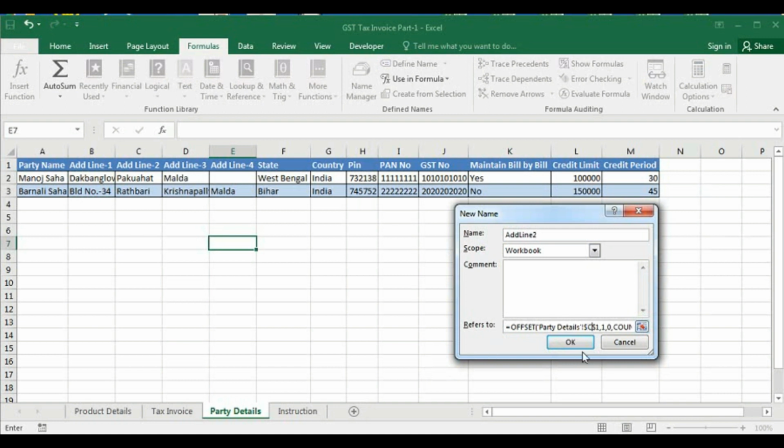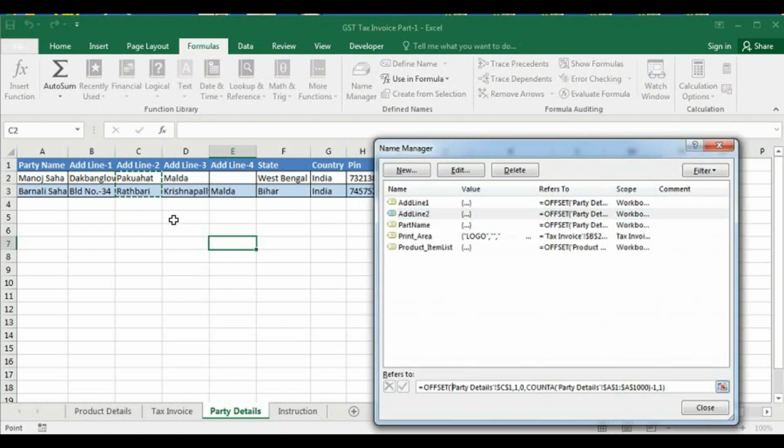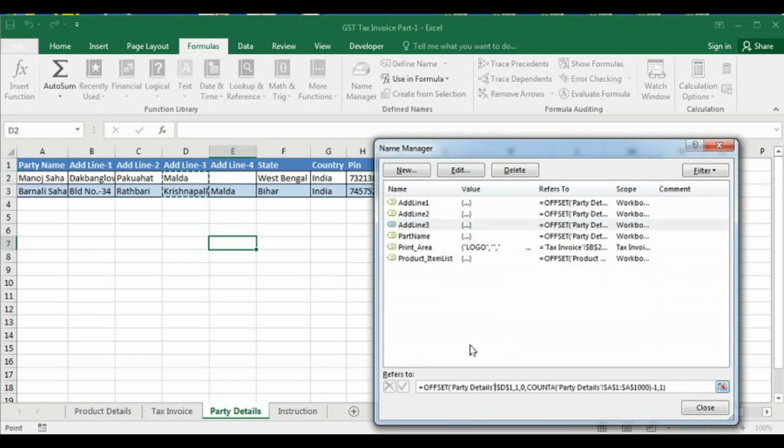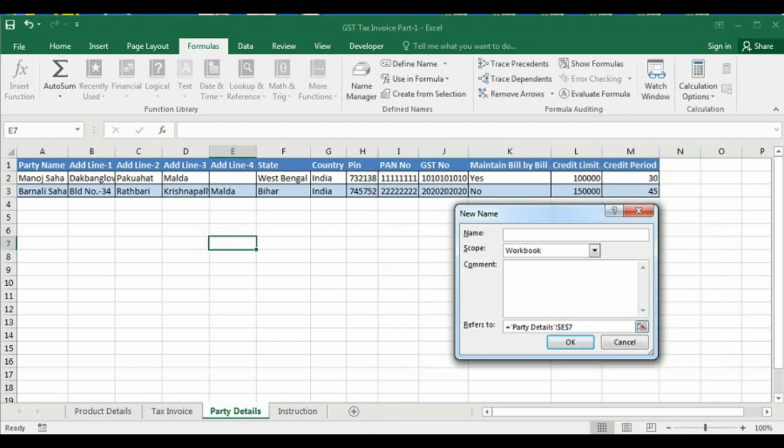Here we have to put C. Okay, selected. New, address line 3. This is on column D, so here we will put D. Okay, now D is selected. Now E, that is address line 4.